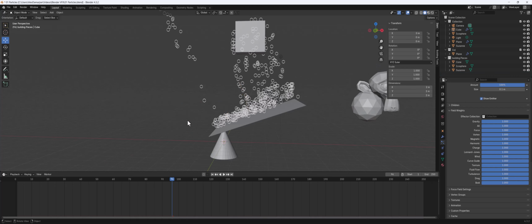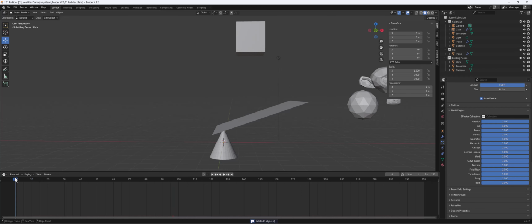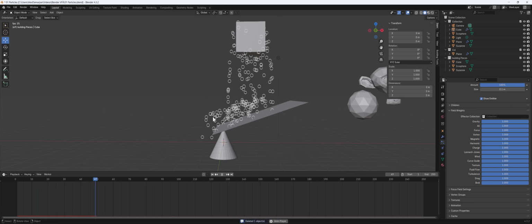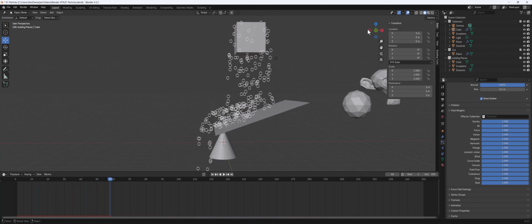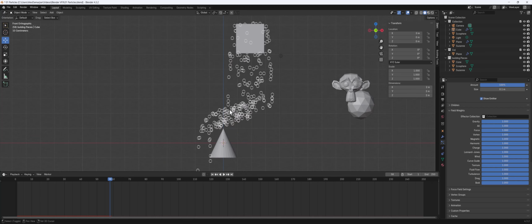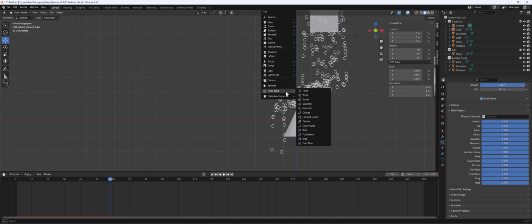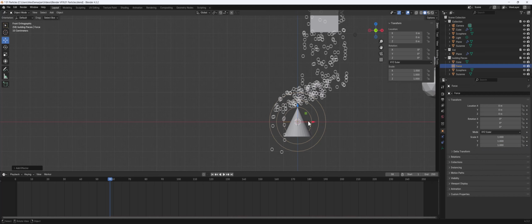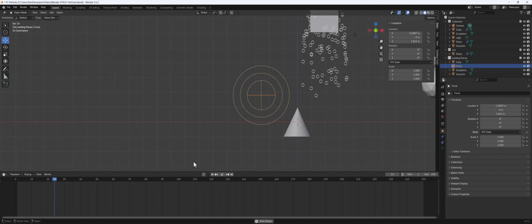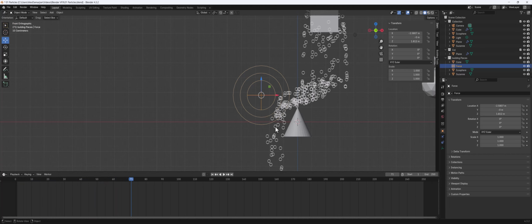All right, let's add some other ones just to play with. So right now we have no wind in there. Our objects are just bouncing. So I'm just going to click this little green arrow so we're looking at it from the side view. And then you can hold Shift and middle mouse click to pan. I'm going to hit Shift A, and I'm just going to go to force field here. And then we can also add force. If I move this here and I rerun my simulation, you could see that as they bounce,